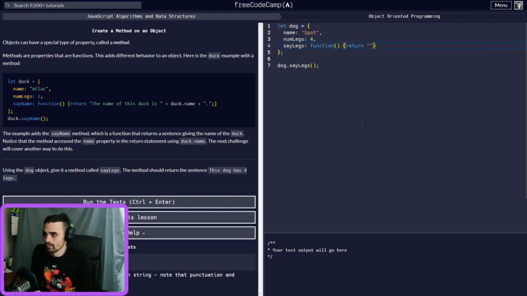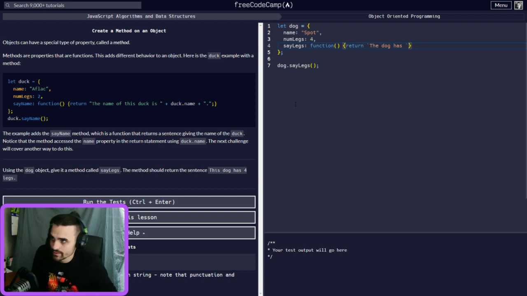So we want to say this dog. Now we can do this, but if you remember, we have the string literals that we could do. If we put those backticks, like up at the top left of your keyboard, you can actually say the dog has.